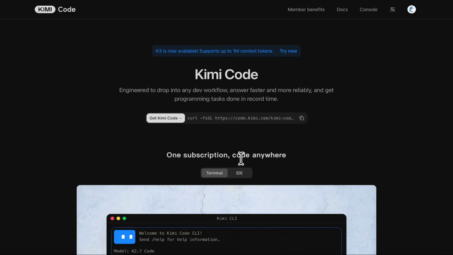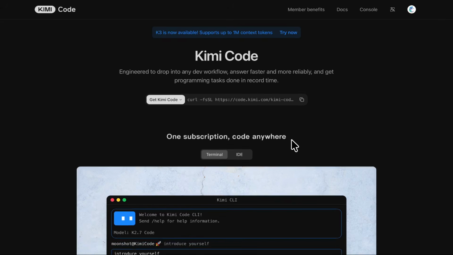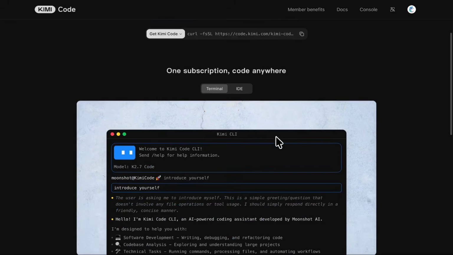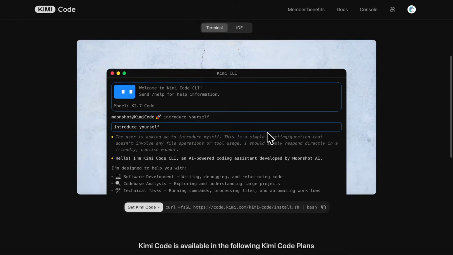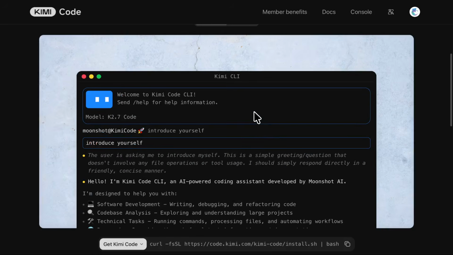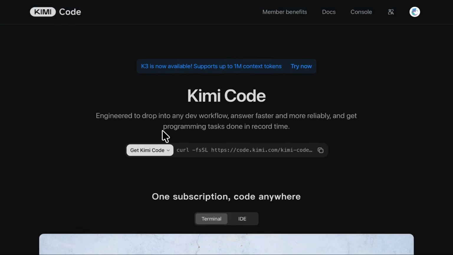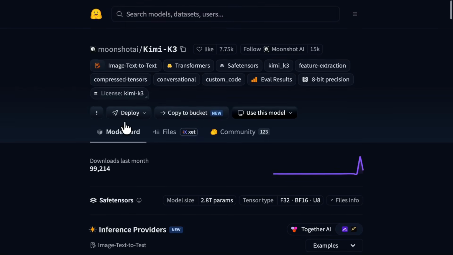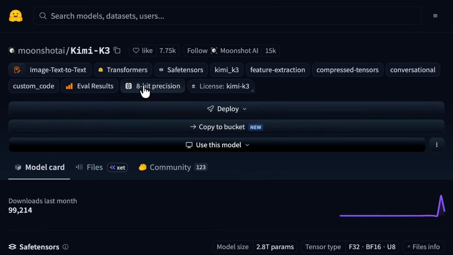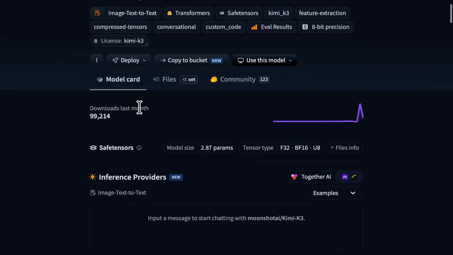Okay, guys, so as far as I know, there are still hard limits on people signing up to Kimi Code. Basically, the Kimi coding plans, as I understand it, are currently not available. So instead, what I thought I would do is show you guys how you can use Kimi K3 inside OpenCode and OpenRouter. Also, just to mention, this is kind of like a celebration of Kimi K3 releasing Opus level intelligence